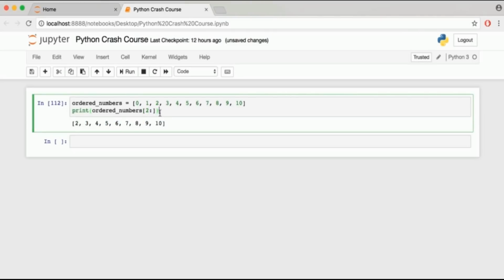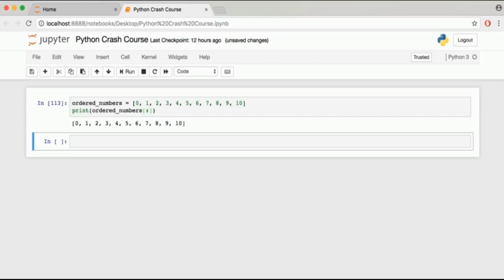This is perfect and much more concise. If you omit both the start and stop index, it'll just grab the entire list. But then again, why even slice in that case? Before moving on, I did promise that I would show you how to create a list of numbers in a